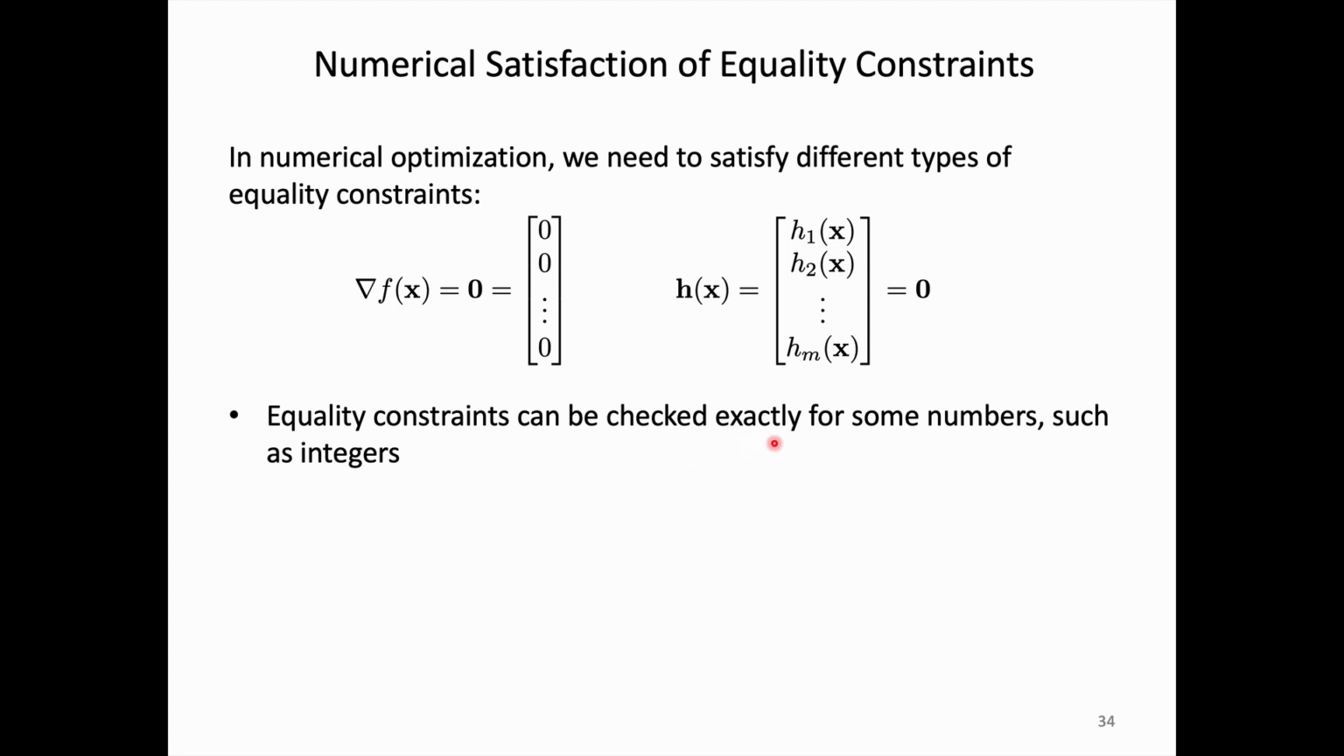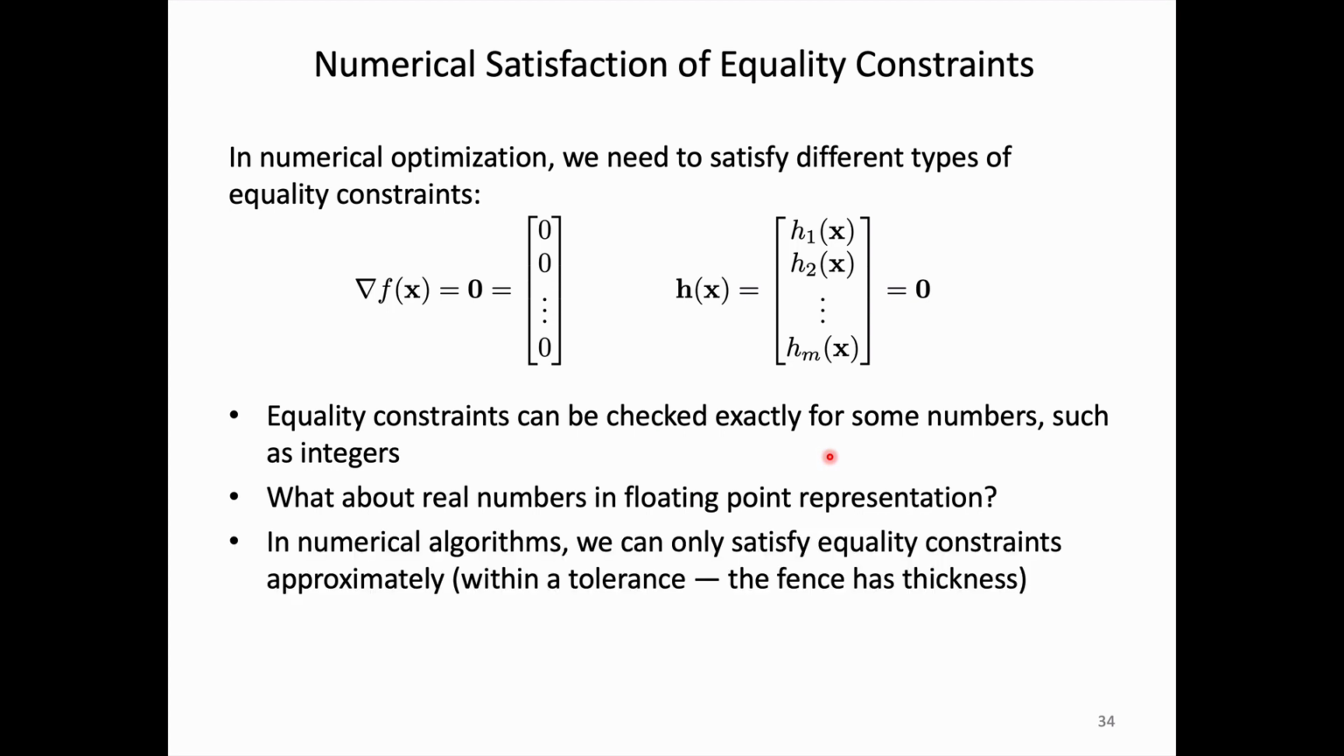Equality constraints can be checked exactly for some numbers, such as integers or other numbers that can be represented exactly in the floating point number system. But what about more general real numbers in floating point representation? In numerical algorithms, because of these precision limits, we can only satisfy equality constraints approximately. We need to specify a tolerance so that we can decide whether we have satisfied these equality constraints